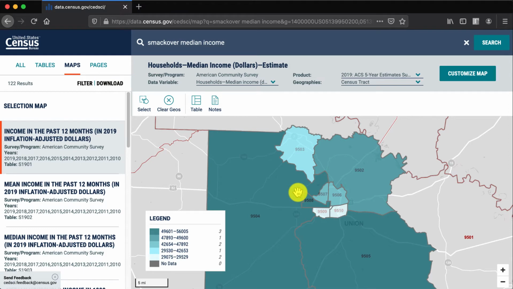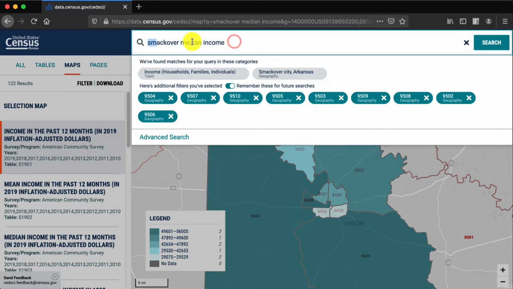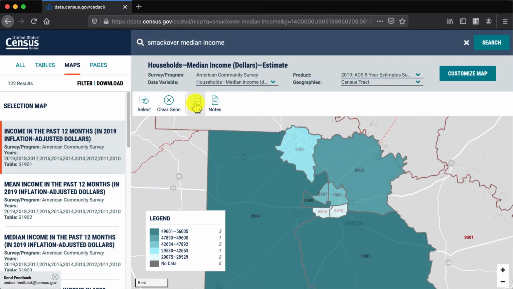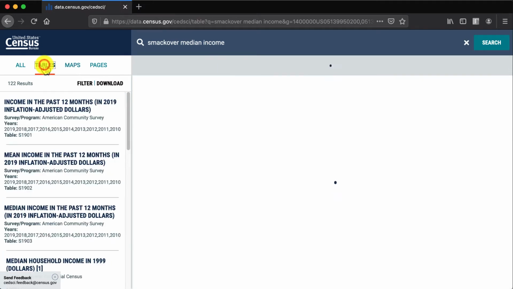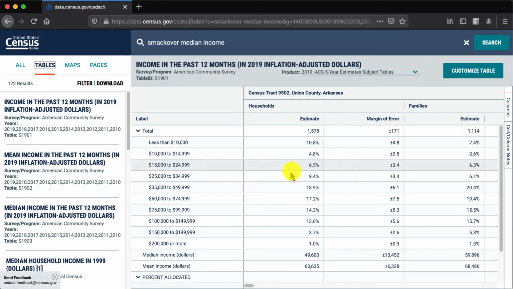Now, there's a glitch in the current census site. If I were to click Table, then I could see the table from which this information was derived. Actually, just let me copy that information right here. But when I click Table, here's the glitch. It's not going to immediately show us the table. So I'm just going to go over here, and in the future it will, when they fix this problem that they have. But I'm going to click Tables, and then you'll get the table data that we use to